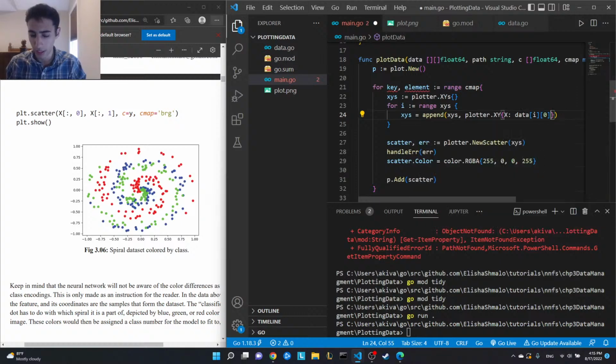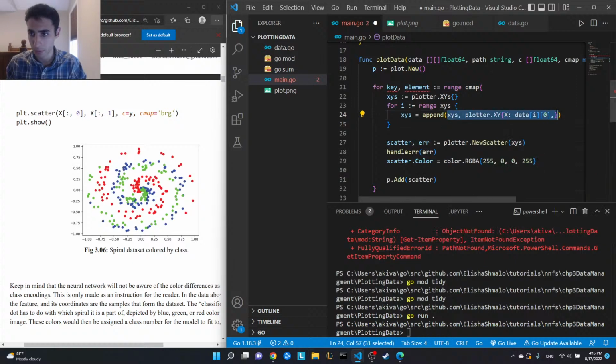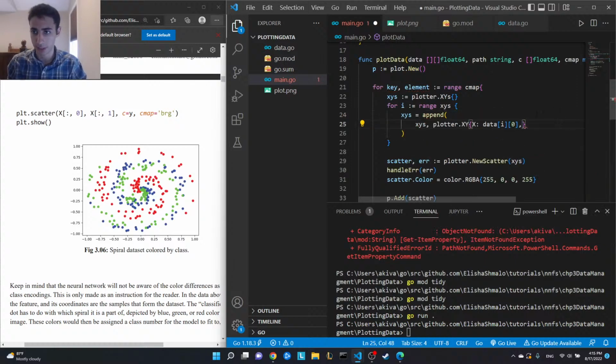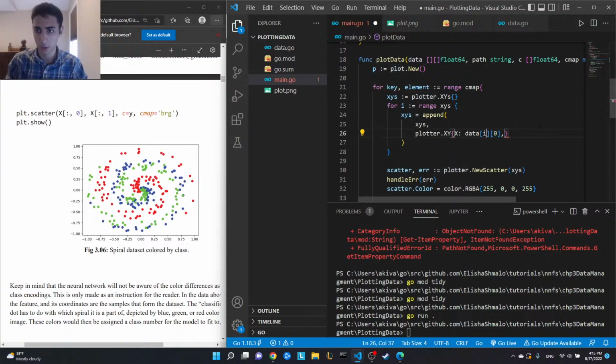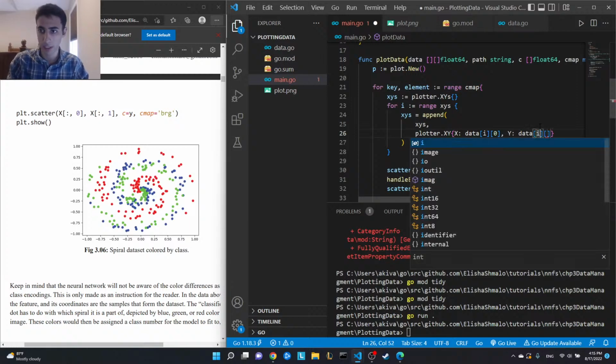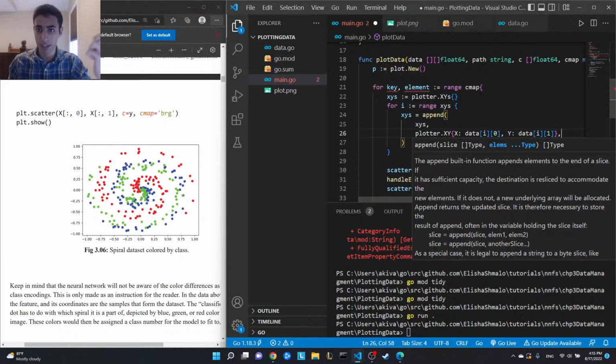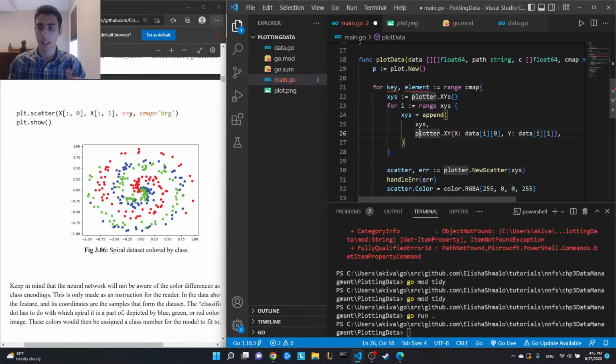And actually, come over here. We'll break open this append so that it all fits on one line. We want to append to xys a new plotter xy, with the x value being data and the y value being data index I index 1. But we only want to do this. We only want to put in this new data point in our